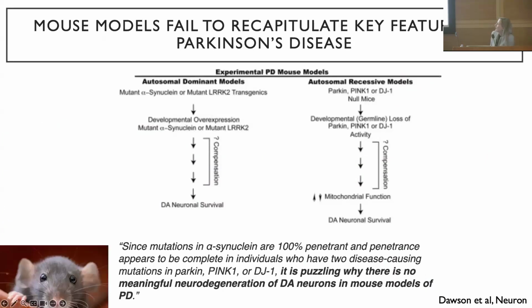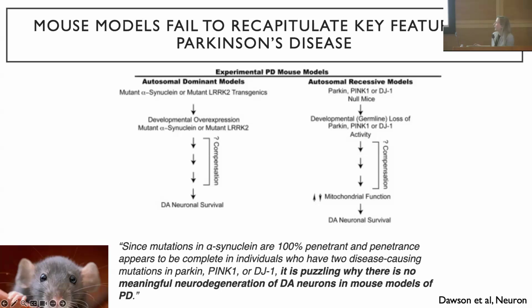For many years, many different groups have modeled Parkinson's disease in mice using variants or mutations in alpha-synuclein, or in some of the other proteins that are important in PD, including Parkin, PINK1, or DJ1. Regardless of which of these proteins you mutate, these mice just don't have any significant degeneration compared to what we see in patients with these same variants. In people, if you have a mutation in one of these genes, it's almost 100% penetrance to get PD.